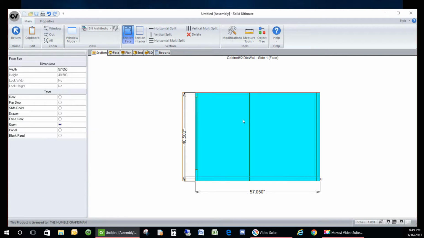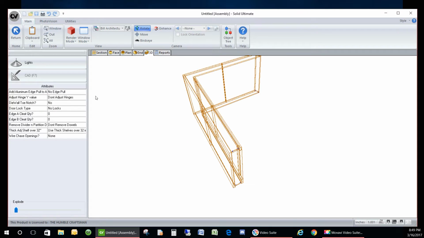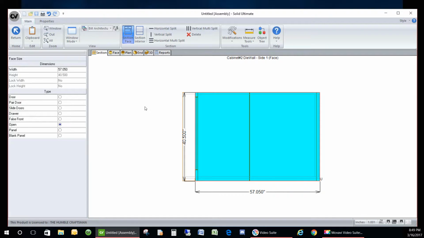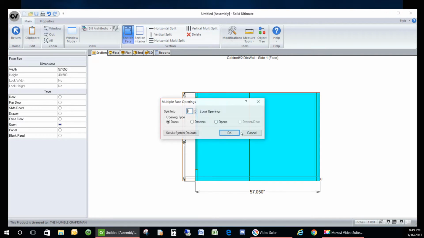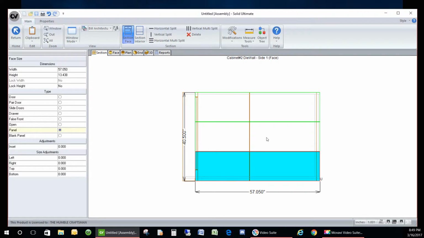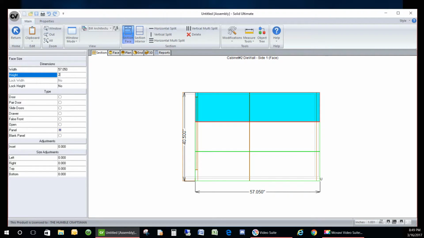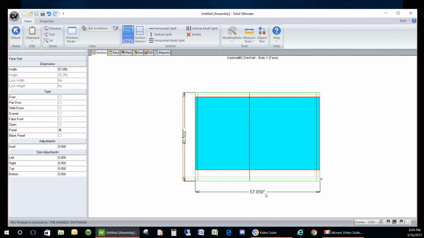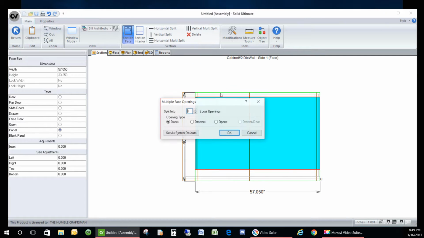Alright, so now we have these panels, or let's see, did we put the panel in the front yet? Nope, we don't have it on there. So let's go ahead and now put the panels on that face. And again, 3 horizontal. Panels, panels, panels, 2, lock, 5, lock. This panel's 57 inches, so we'll do the same as we did on the other one, make it into